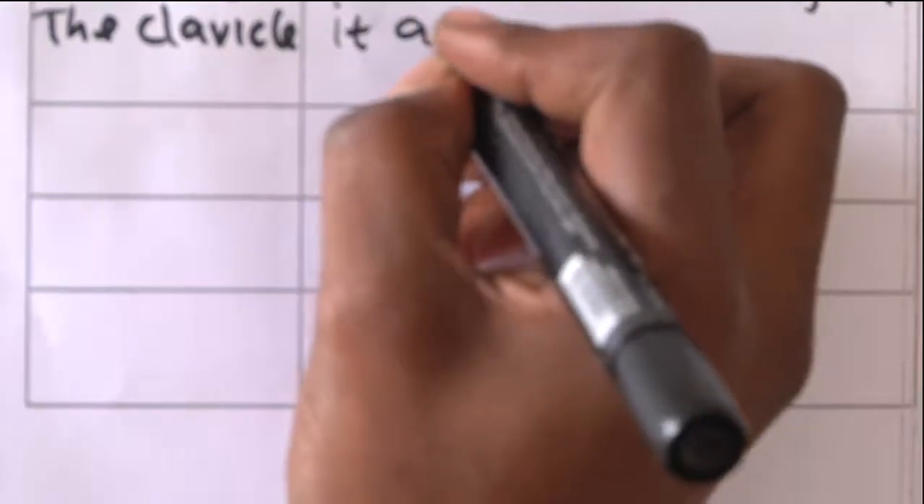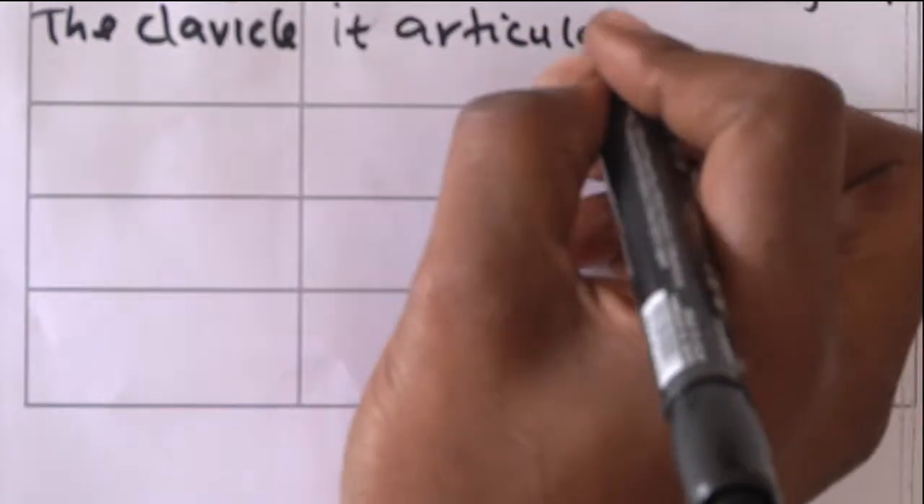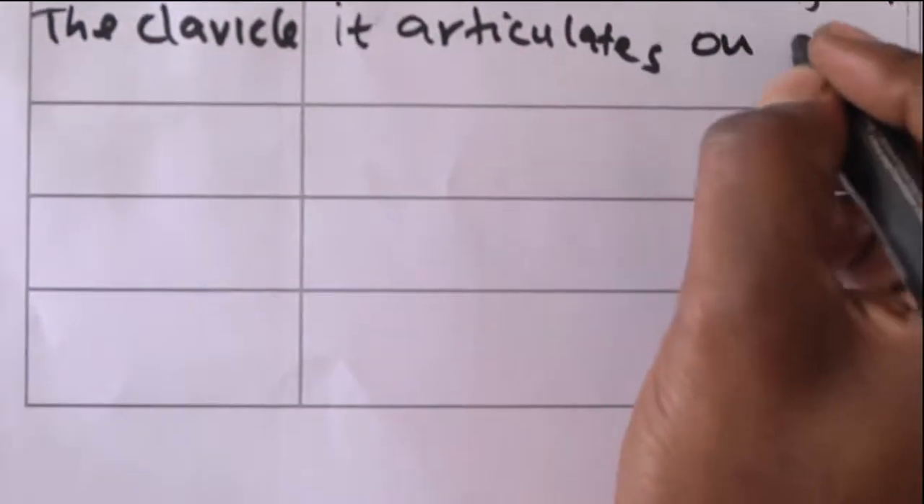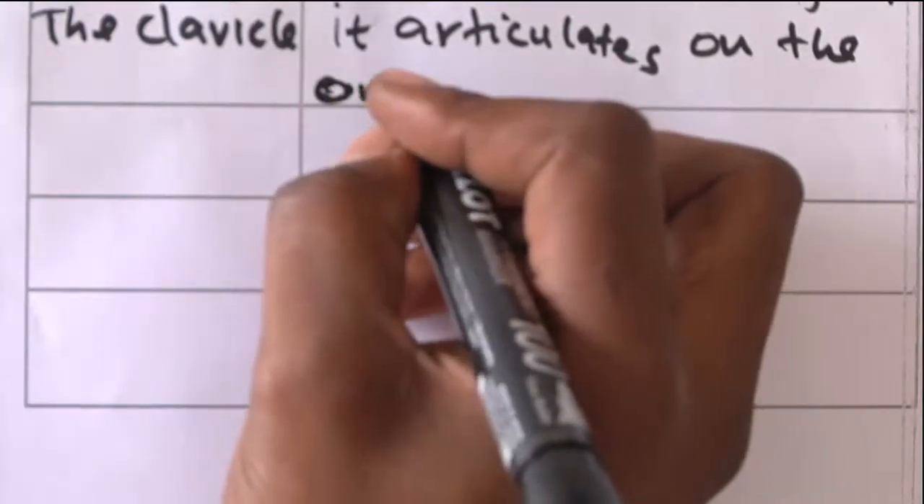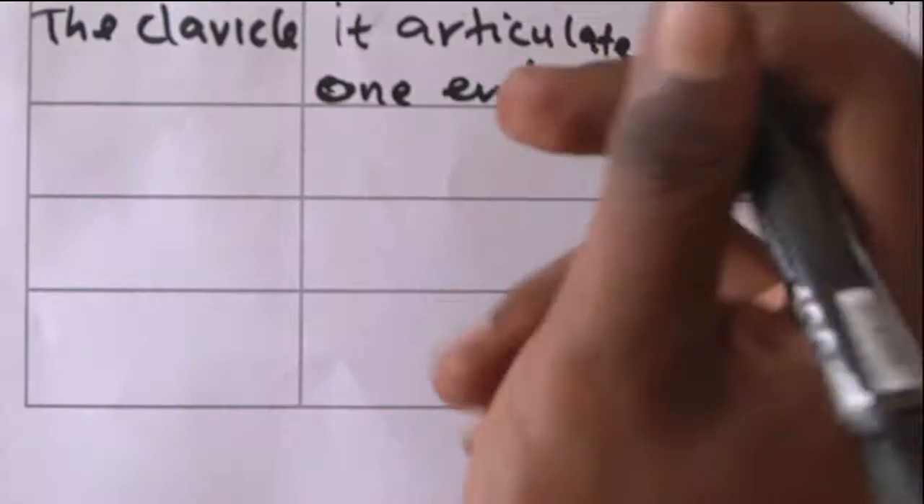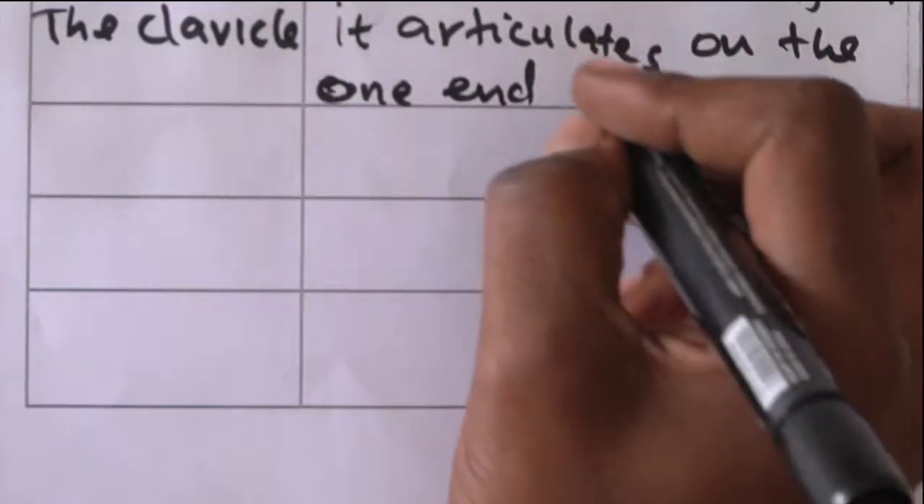Now, there is another special structure that is just found next to the acromion and metacromion, what we call the clavicle. The clavicle. And what is the importance of this clavicle? It articulates on the one end with